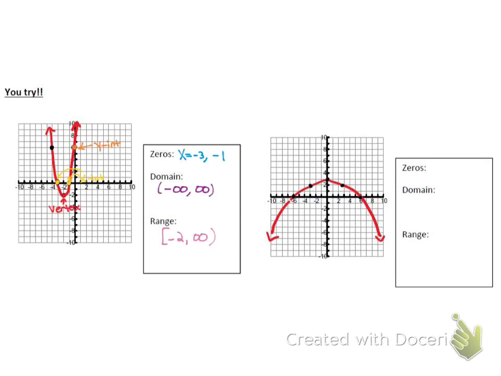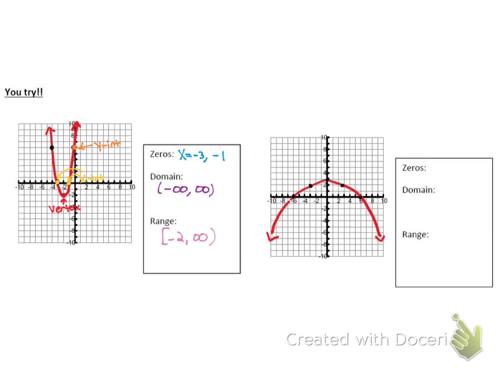Okay, let's see how you did. The graph on the left, here are the answers. We have a vertex down here. Again, this is a minimum point. Y-intercept up here and two x-intercepts here. The zeros are located at -3 and -1. Notice this time I used a comma instead of an and symbol. Either or, I'm indifferent. Make sure you use the x equals though. All domain is -infinity to +infinity. And then the range we read from bottom to top. So this time the first thing we hit is the vertex, -2, all the way up to these arrows pointing